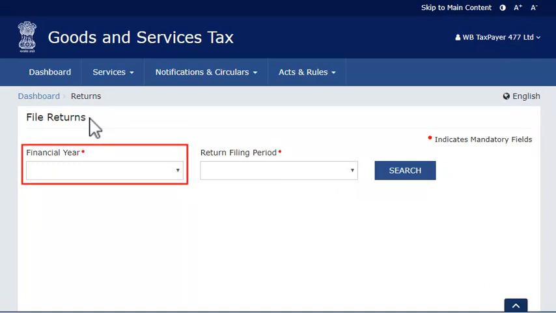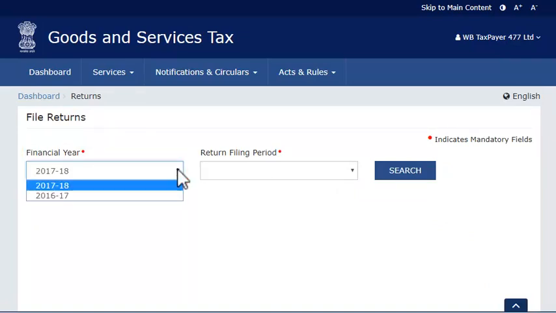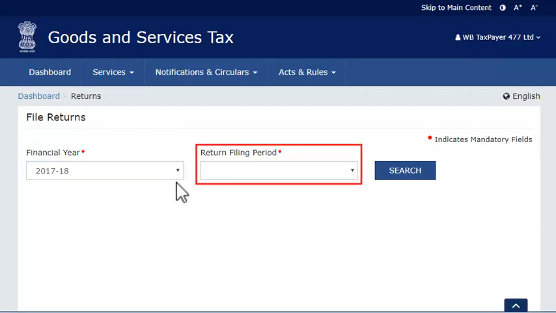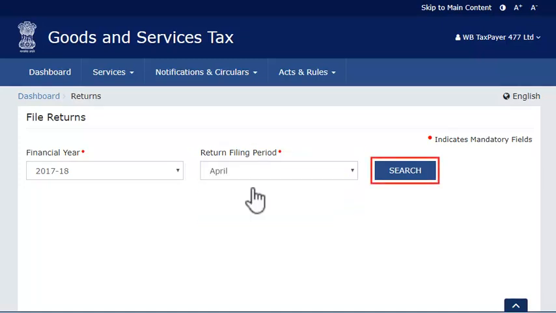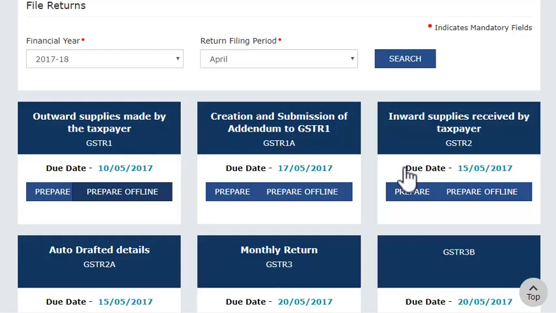Select the financial year and return filing period as you did in the offline utility and click Search. The pending returns of the selected tax period will get displayed.